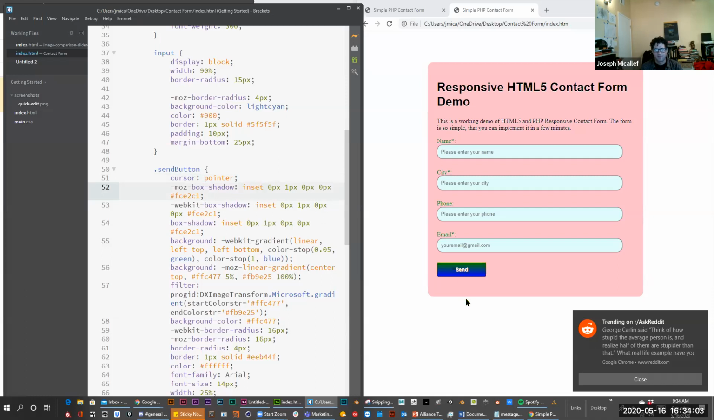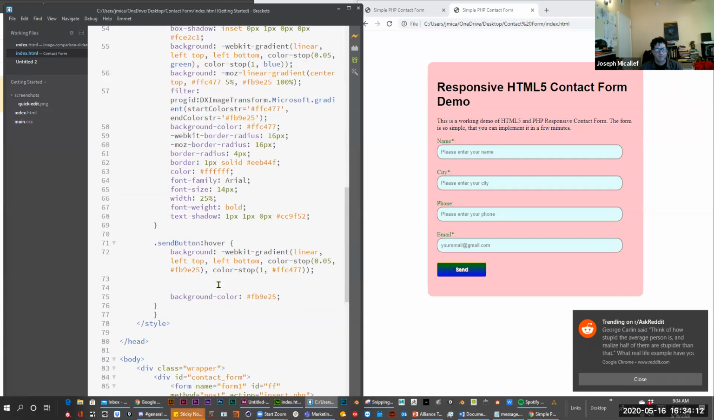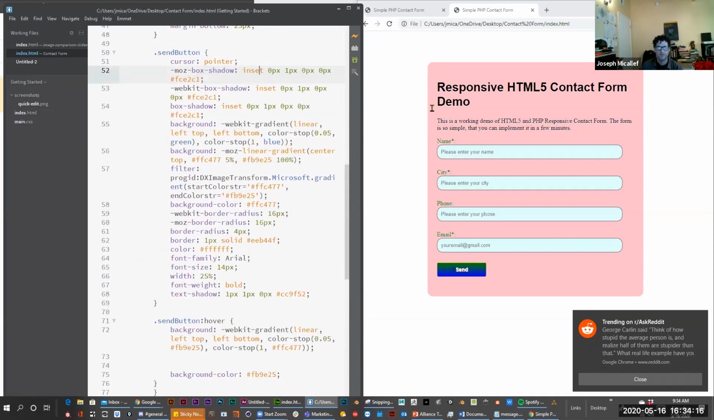So the boxes have a slight shadow, you can barely see it. It's like this inset shadow effect. And then the button changes when you hover over it. But all this can be adjusted, so you can play with this. What's most